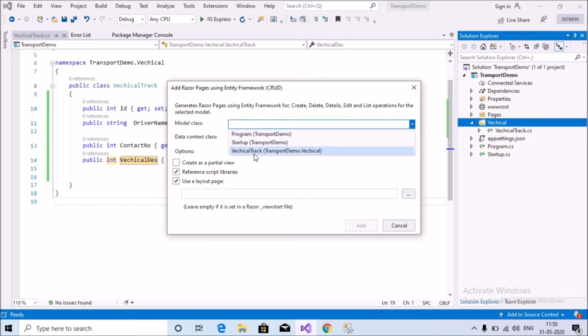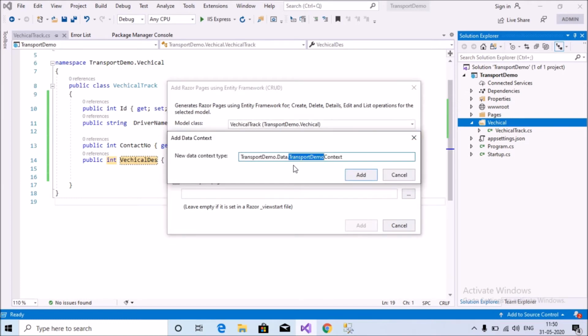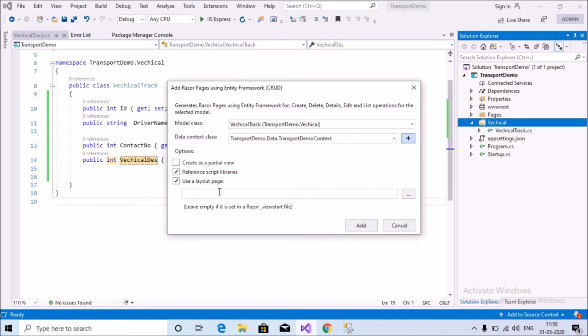This model class, I choose VehicleTrack. You know that very well, I just now created VehicleTrack, selected here, and the data context class. Just click the plus button and transport demo context. Just click add, and other options you can see here: create as partial view, reference script libraries, use layout page, like that, and just click add